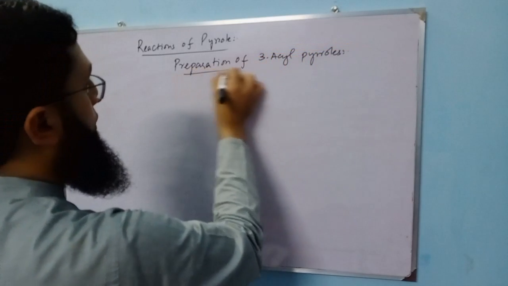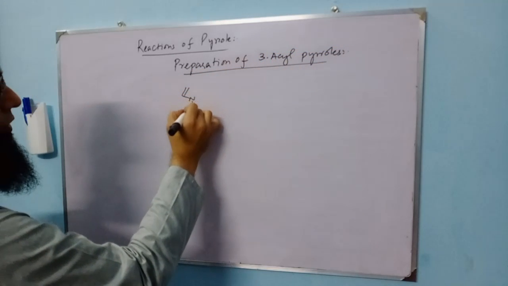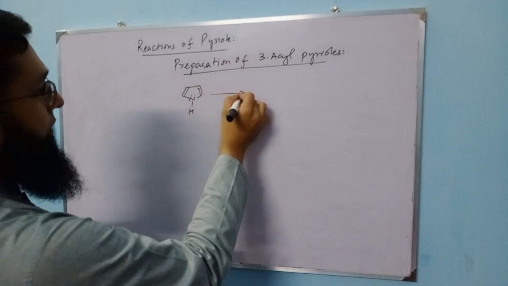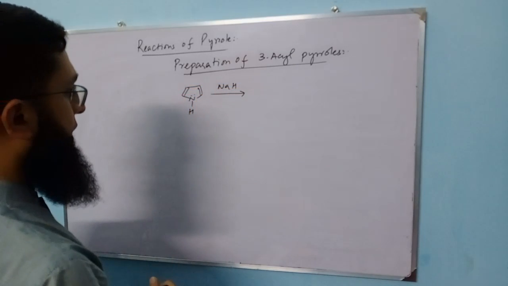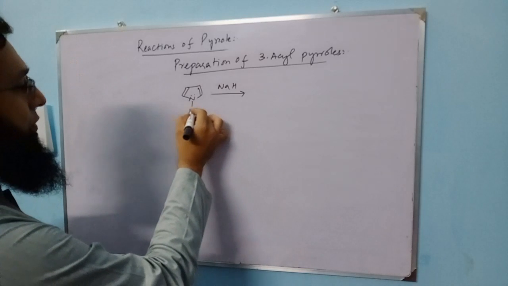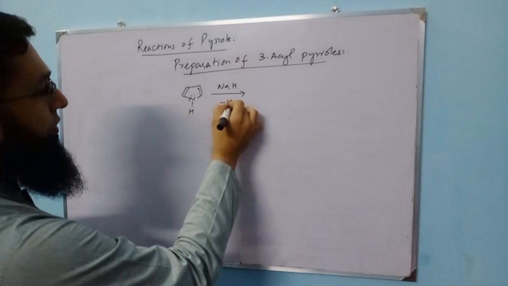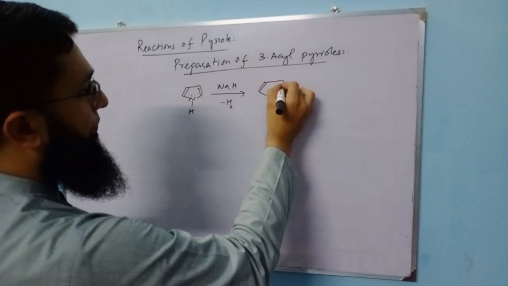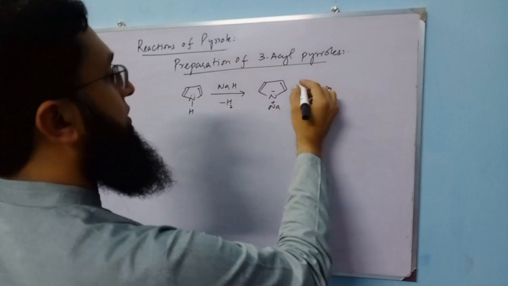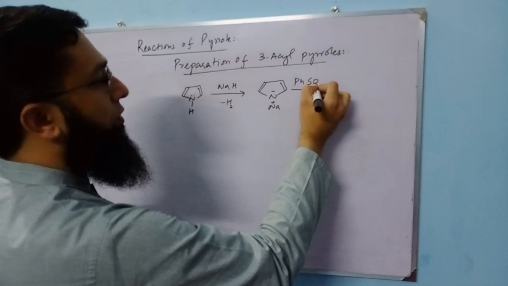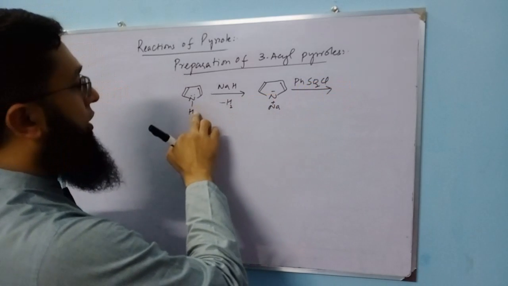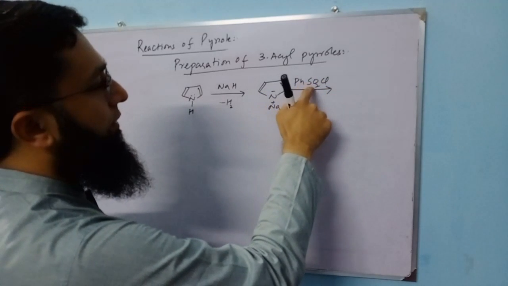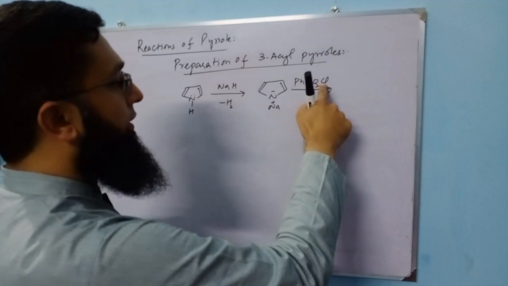From the corresponding pyrrole. For example, we have this pyrrole. It can be treated with sodium hydride. As a result, the proton from here would be removed, minus H2, and we will get this. This can be treated with benzene sulfonyl chloride. Now because the proton has been removed, we have a negative charge here. It can be used as a nucleophile, so it would attack here and chlorine would be removed as chloride, and we will get